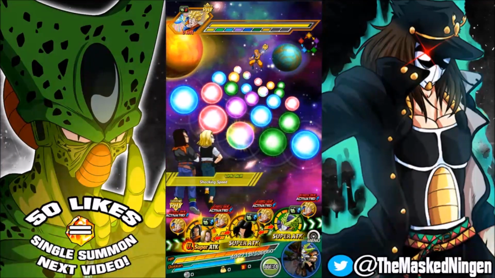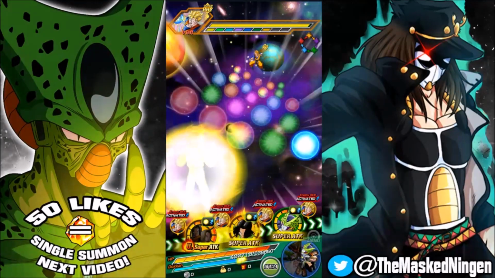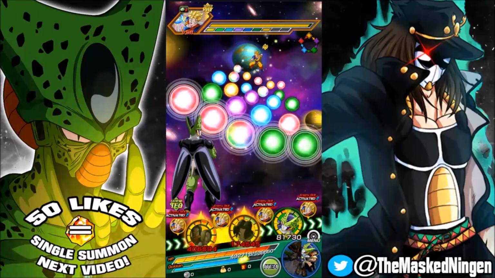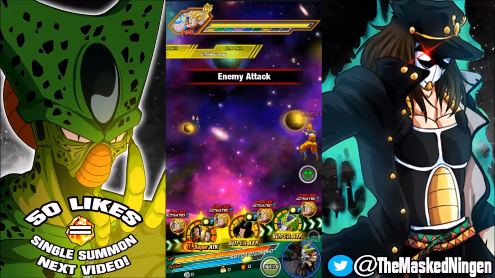So, and we can't avoid the 18 ki. Fortunately, Future Gohan has very good damage mitigation, so we should be okay to not just demolish him in this one turn. So, but anyway, as I was saying about the layout, so as you can see there on the new layout,